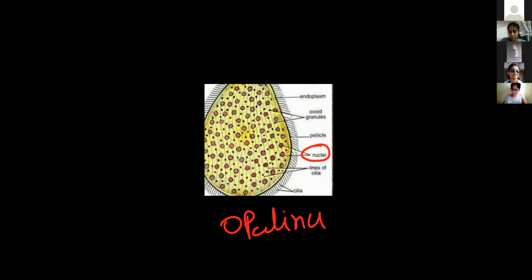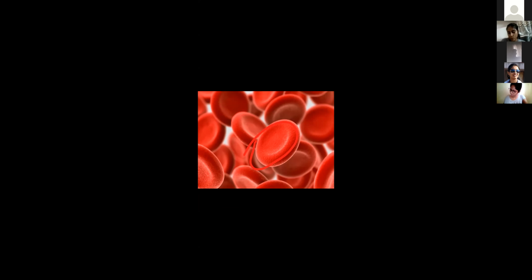Next. One, two, and many we have learned. Some of the cells are there in which no nucleus is present. These are our RBCs. See, there is just a cell membrane, and inside that, no nucleus. There is no structure that indicates a nucleus, because in RBC a nucleus is not required. The life span of RBC is 120 days. After 120 days it dies, then new RBCs are formed.